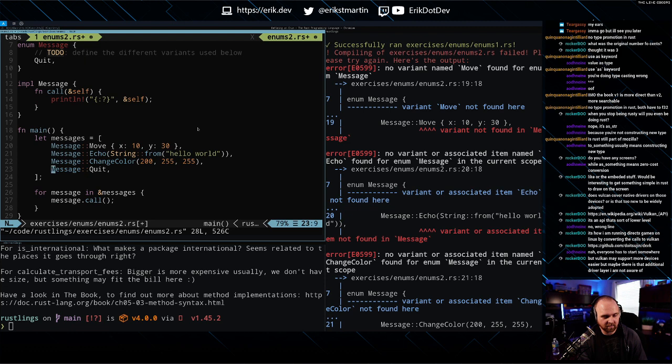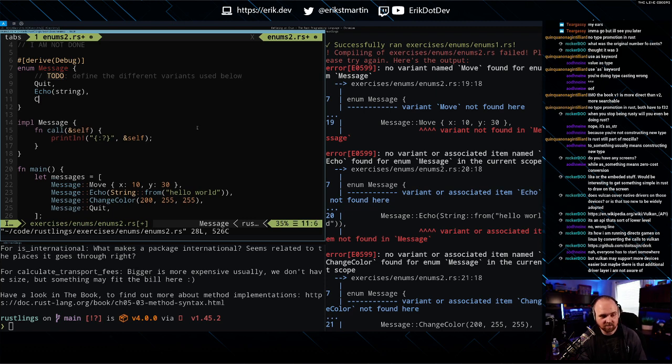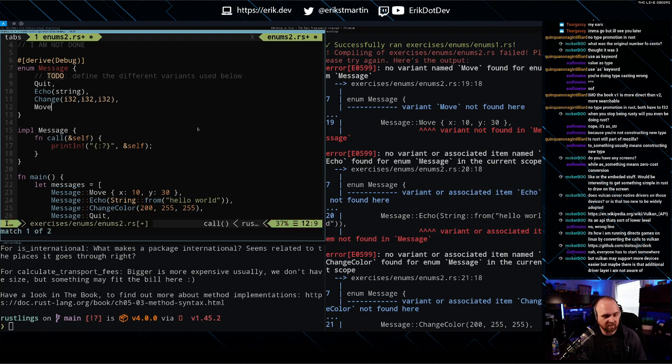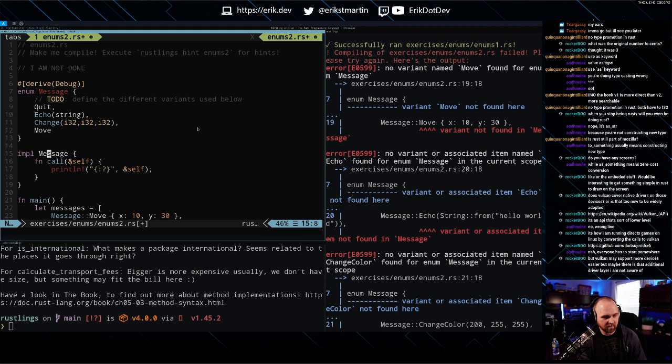is just a variant. Echo looks like it needs to be a string. Change color looks like it's going to be a tuple, right? So i32, i32, i32. Is that it? Oh, and move. Move looks like it's going to be a struct. But I don't see a type here for that. Oh, we just supplied the parameters here.